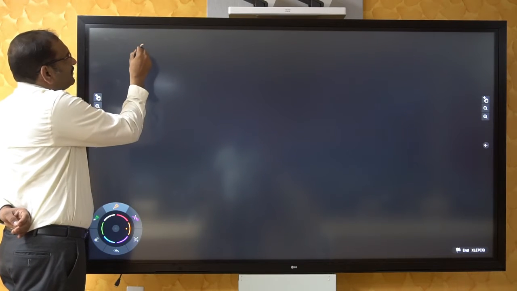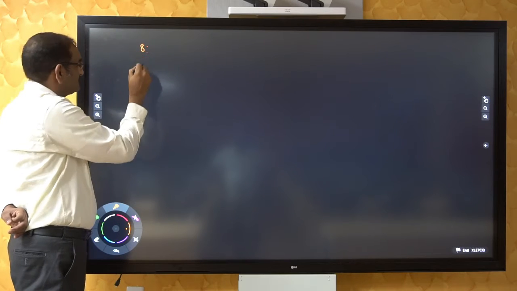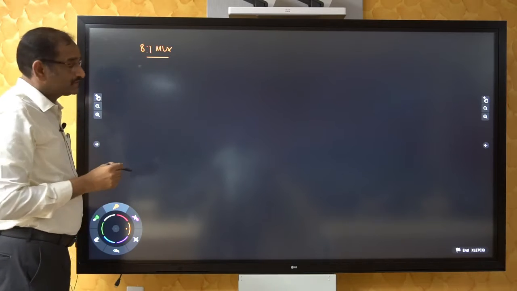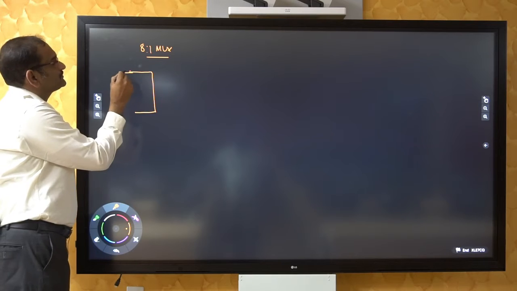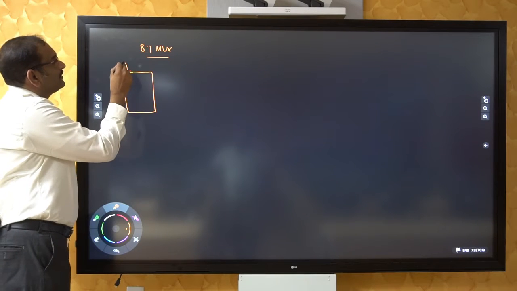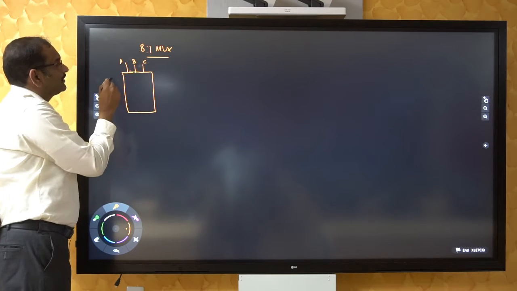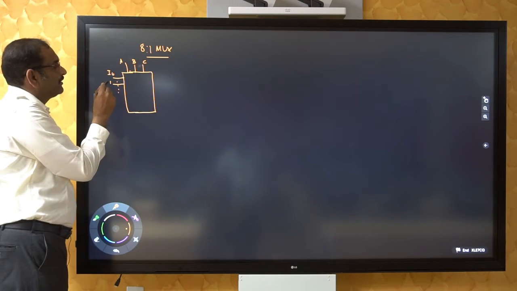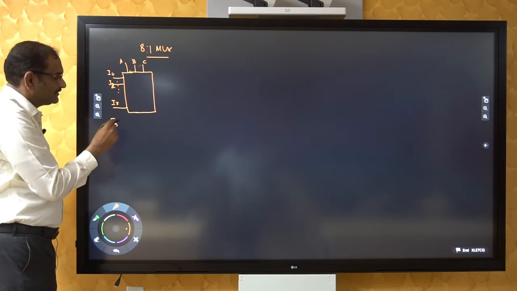So now we discuss pass transistor implementation of 8x1 mux. 8x1 mux, we know it is having 3 control lines A, B and C. Input lines are I0, I1, I2 to I7. So 8 input lines, I0 to I7